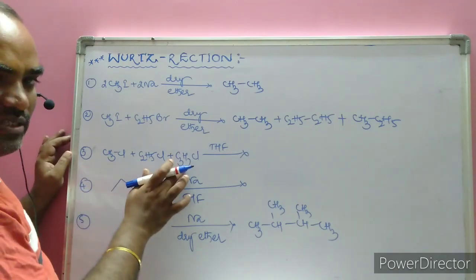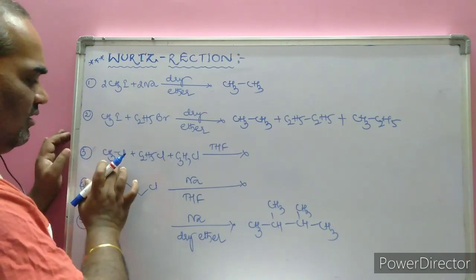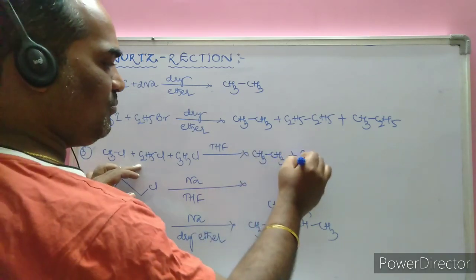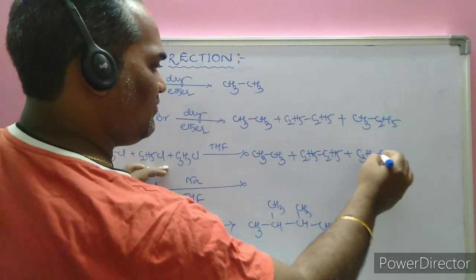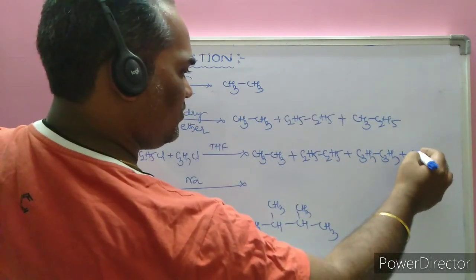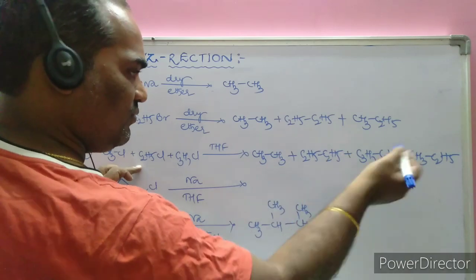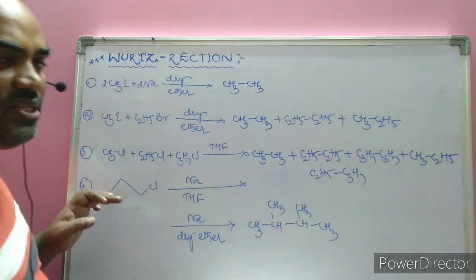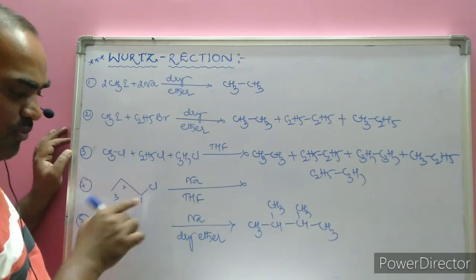Here three different types are given, all of them monohalides. That's why it is an intermolecular Wurtz reaction. The self products are: first is ethane, second one is butane, from C2H5, third one is hexane, from C3H7, and the mixed products like C2H5 with CH3 giving propane, and C2H5 with C3H7 are obtained. Whereas here, 1, 2, 3, there's a propyl chloride given.